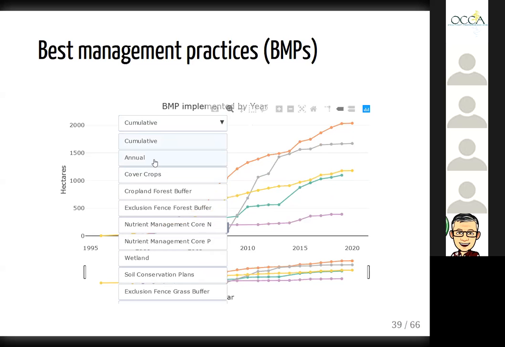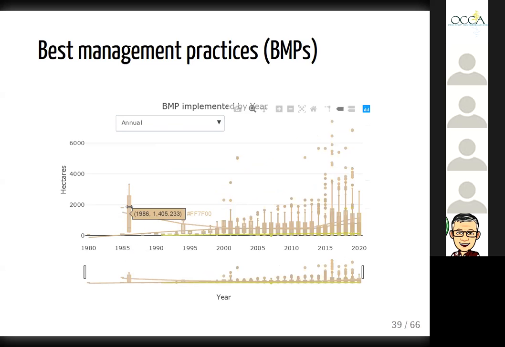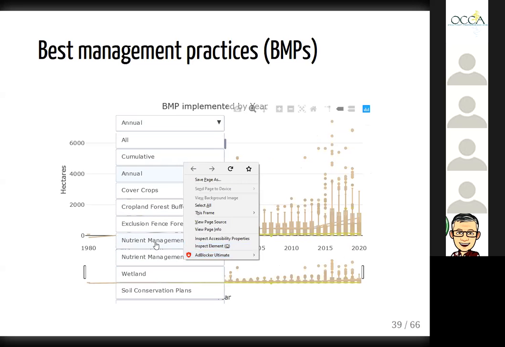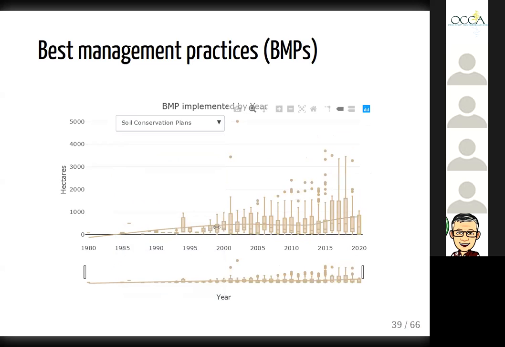And then as opposed to the annual ones, the ones that you see outright here are the nutrient management plans. And then down here, you actually have the cover crops and also the soil conservation plans. So just to see what they look like. And again, it's kind of the same picture where after 2000, you really see a more